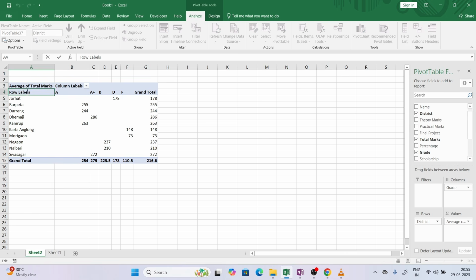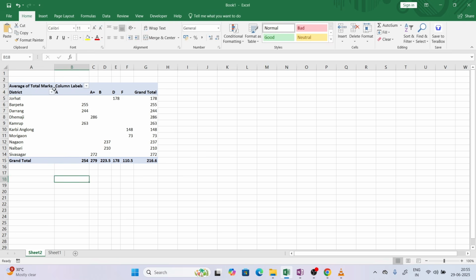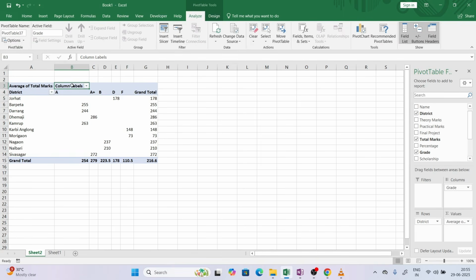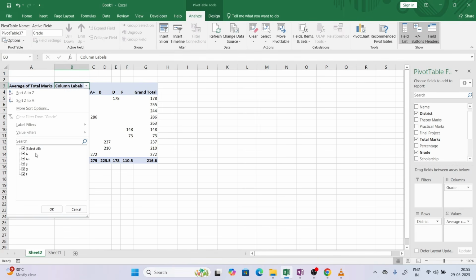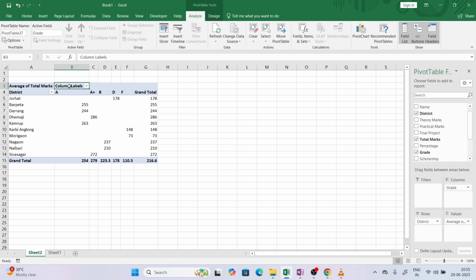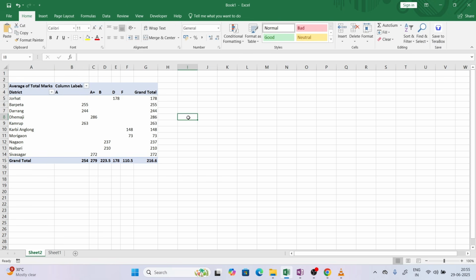So you can change the row level if you want, district. Here is average of total marks, and there is column level, so you can add a filter here at the column level, or remove it. It's completely up to you. So this is our pivot table,